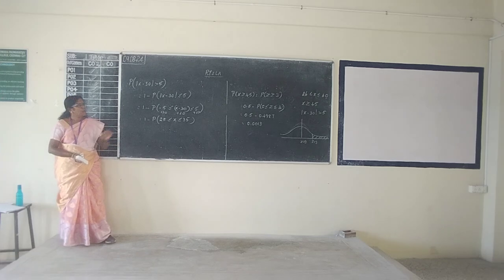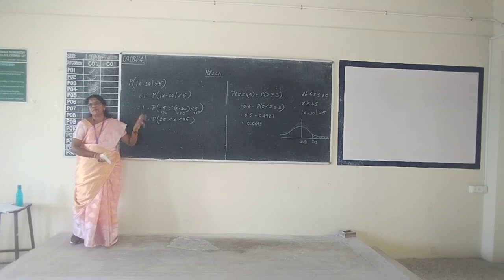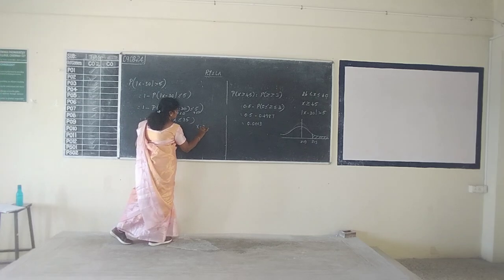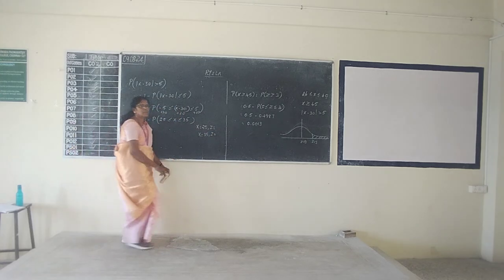Understood? Now our usual steps. How many x values are there? 2. Find the corresponding z value when x equal to 25. Z equal to, when x equal to 35, z equal to minus